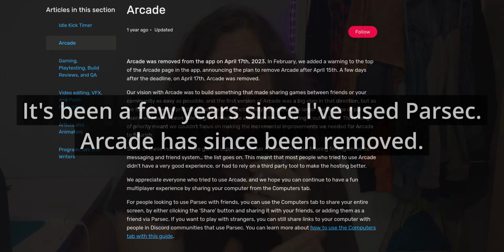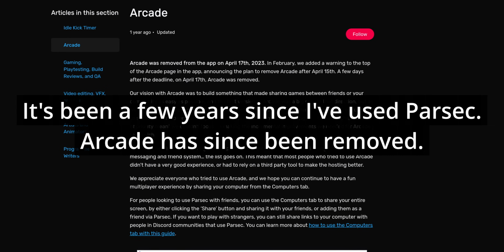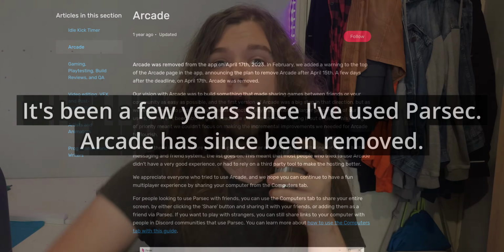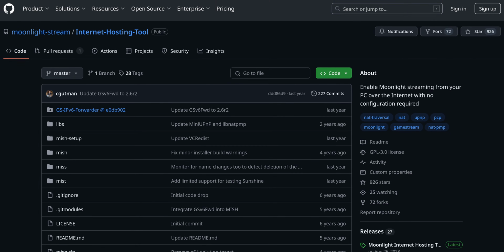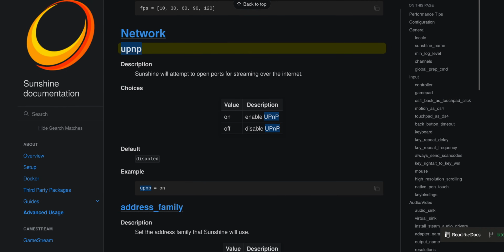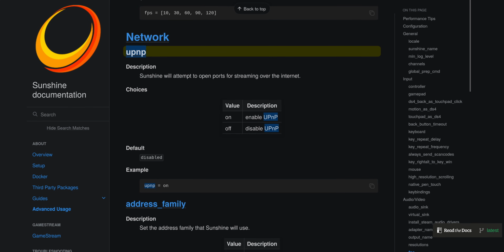I understand that there are features other people might miss, like there's Parsec Arcade, there's just no Sunshine alternative, or the fact that Parsec will automatically open a port for you so people can connect to you. Sunshine won't deal with that, though I think there's a GitHub project that will do it. Or maybe I'm pretty sure you can actually enable UPnP, but it won't be as seamless. You will have to ask it to do that. But in my opinion, that's just good. That's just it being more configurable, rather than doing things automatically in the background.